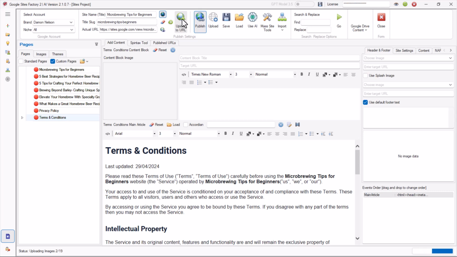It's going to open a Chromium browser and start putting in content in there for you. And you see down at the bottom left-hand corner here, we're uploading images to the Google Drive. So that way we can pull them off of Google Drive when we're building the pages.